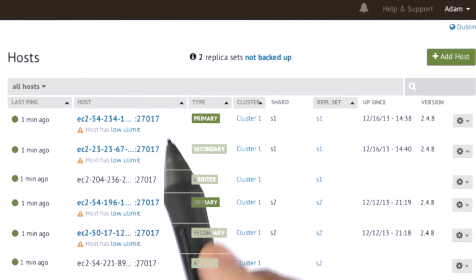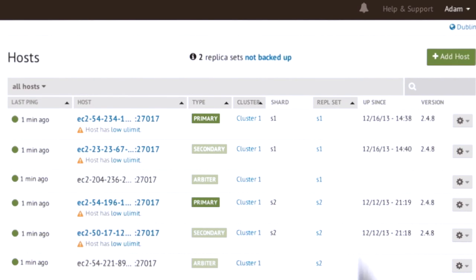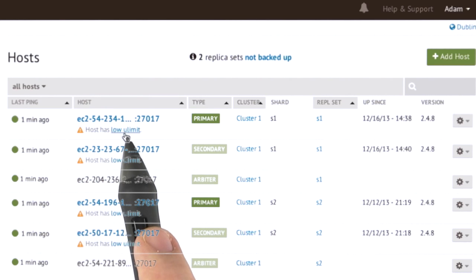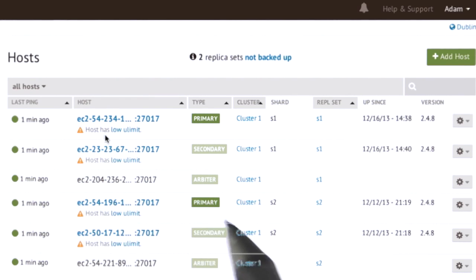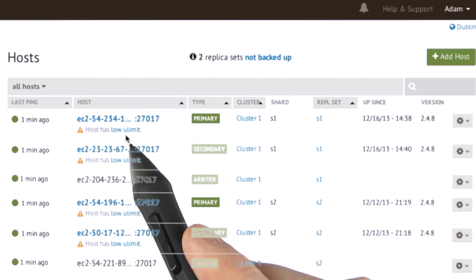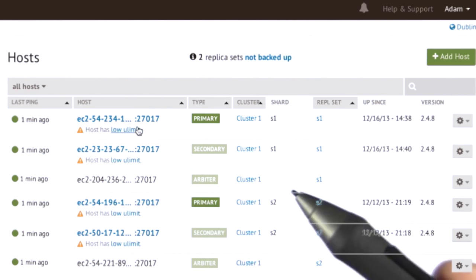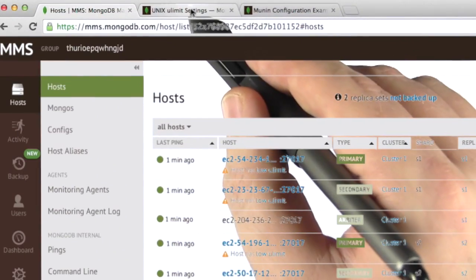Let's go back to the low ulimit piece first. Now, the nice thing with these warnings, this is an improvement quite recently in MMS. We now flag you to the relevant piece of documentation when there is actually a warning. So for this low ulimit warning, you can click on that link and you will get to this page, which